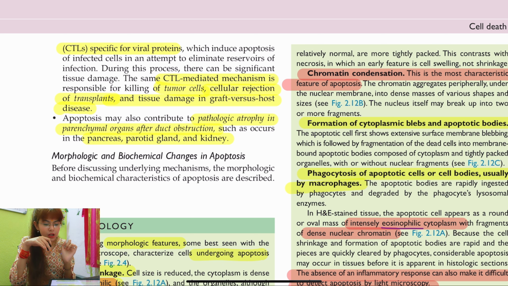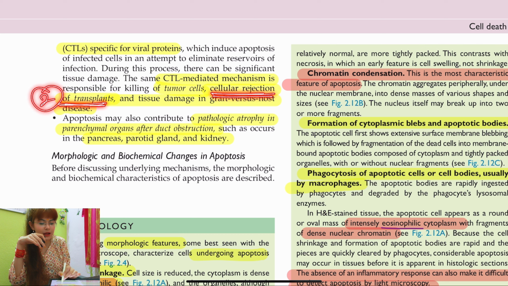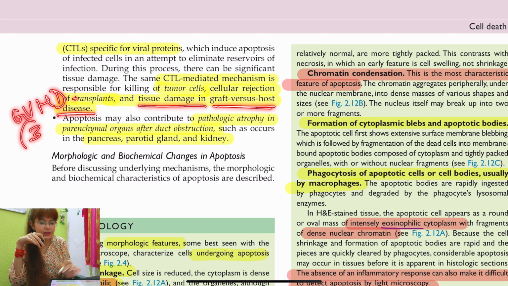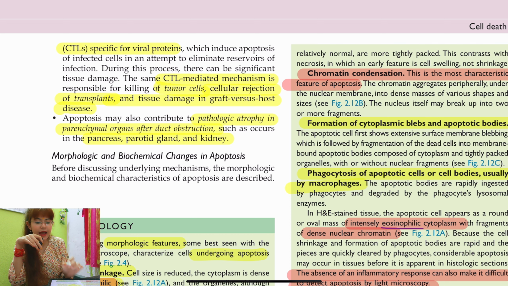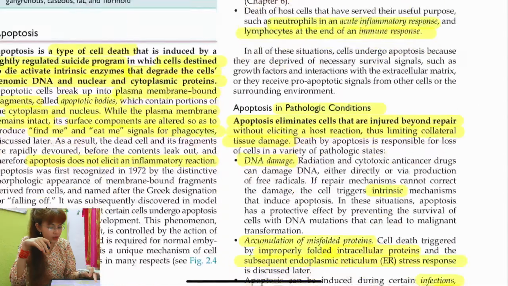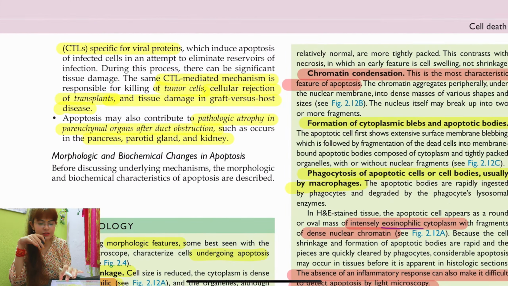Okay, so number one is whenever there is killing of the tumor cells, that is happening via this CTL mechanism. Number two, when there's cellular rejection of the transplant, then the point that you need to keep in mind is the CTL mechanism. Then when there's tissue damage in graft versus host disease, GVHD, ठीक है, यहाँ पर भी जो कि थर्ड पॉइंट है, this is also here, also you are going to find that the mechanism is CTL mediated, ठीक है. And also number 4 is the viral protein, any kind of viral protein in the body, when there's a response to the viruses, that also has a role to do with the CTLs.